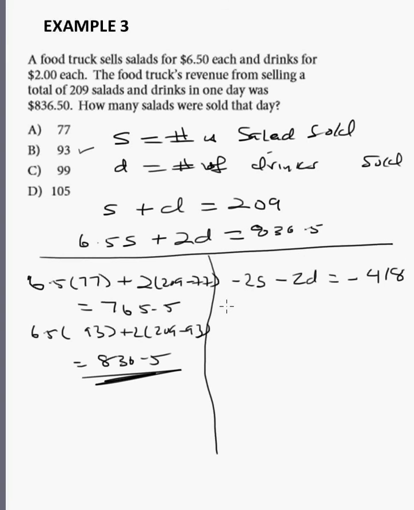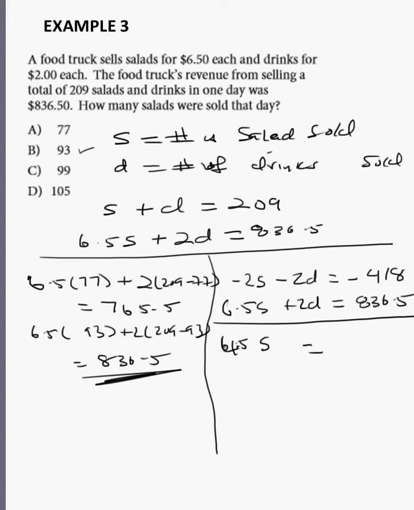And then we keep our 6.5S plus 2D is equal to 836.5. Let's add the two together. This gives us 4.5S, that is 6.5 minus 2S. The D terms become 0, and that is equal to